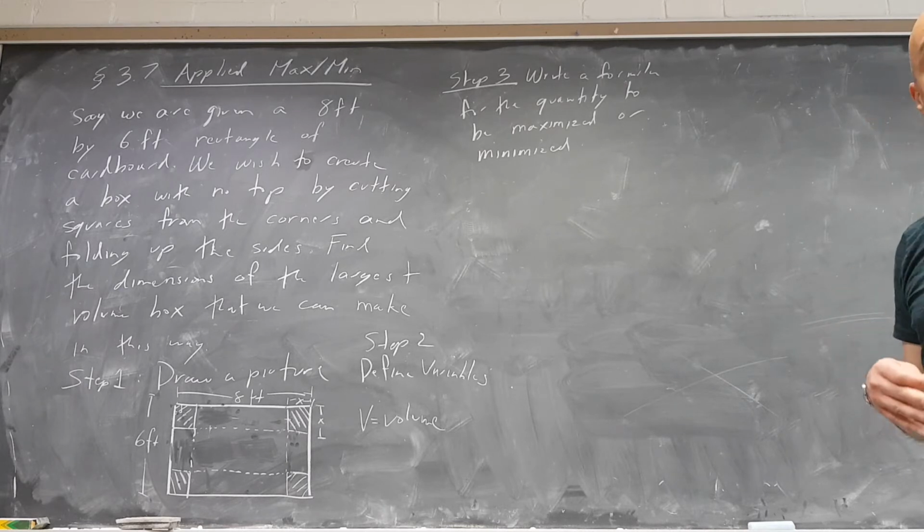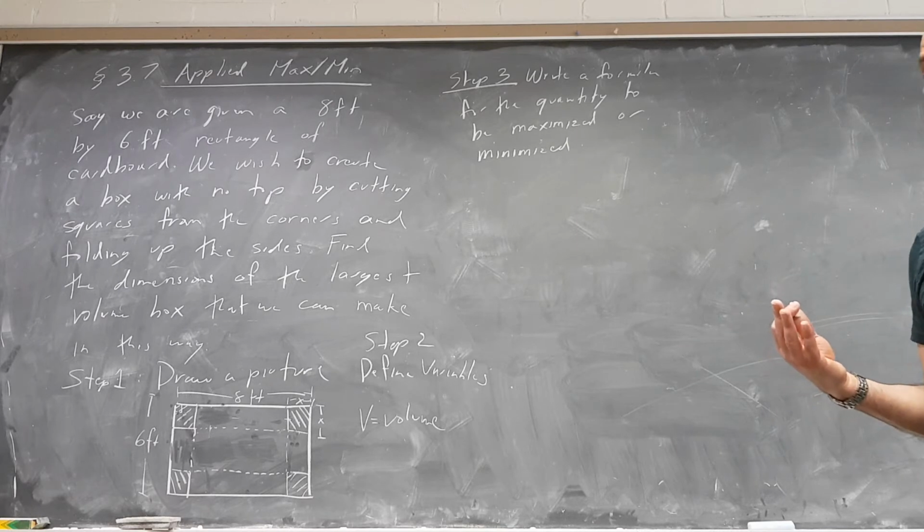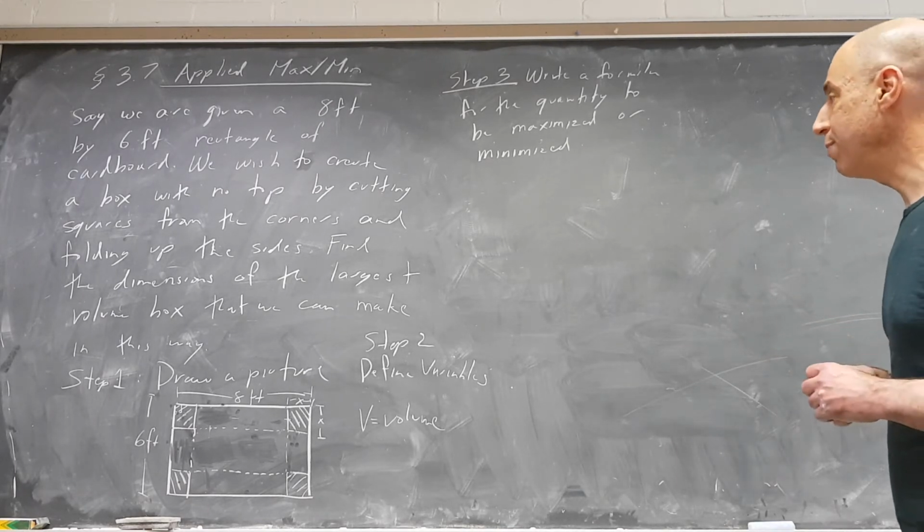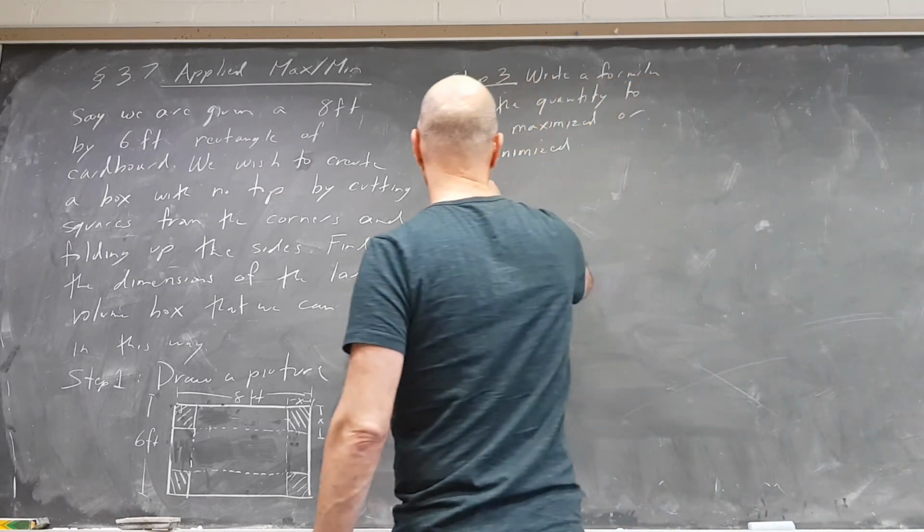In this case, that is volume, and we're trying to make it as big as possible. So we want the volume to be as big as we possibly can make it. So V equals,